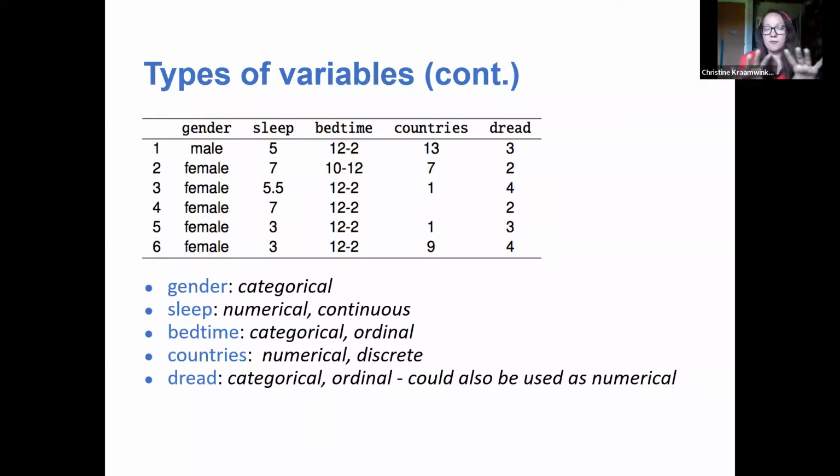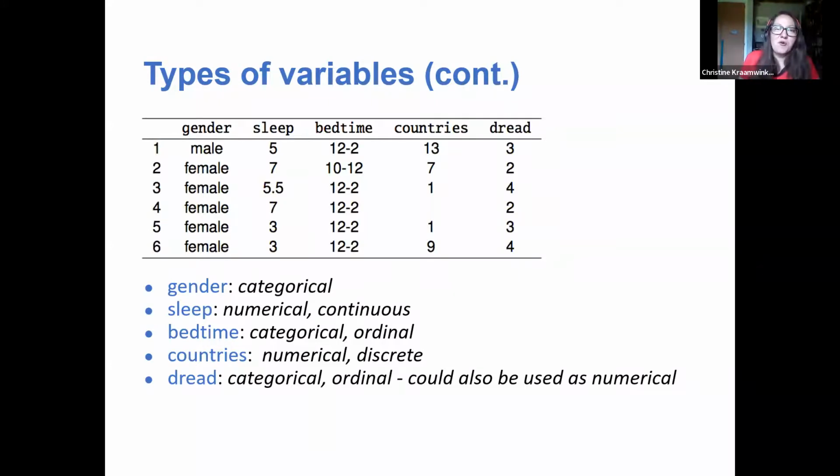But the idea why I was looking at this was just to show you, before you can decide what graph to do or what analysis to do, you first need to think, what am I working with? What does it look like? What kind of response am I expecting if I ask this question or record this data? And then once we know that, we go to those tree diagrams and we pick whatever graph or analysis method is most appropriate. And then we can carry on with our analysis.